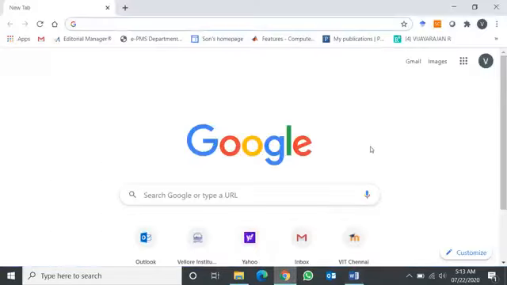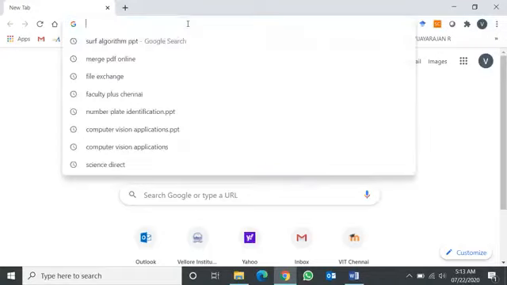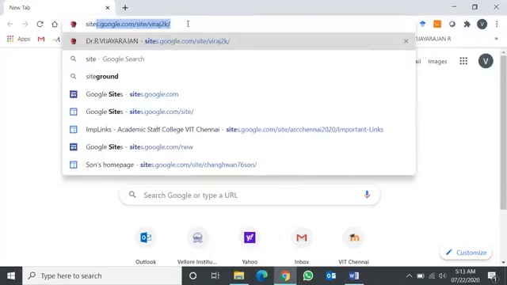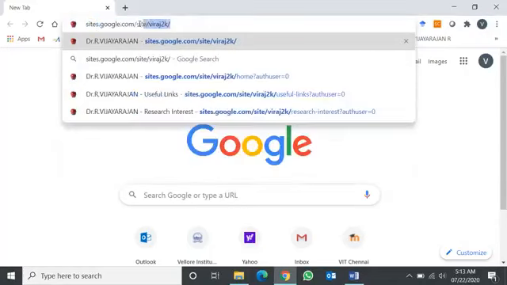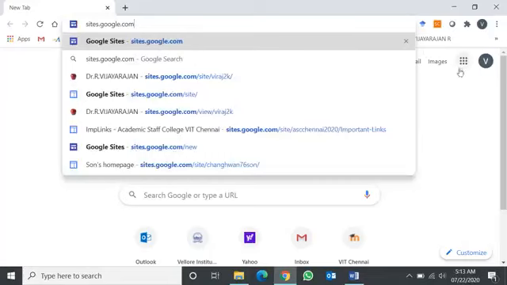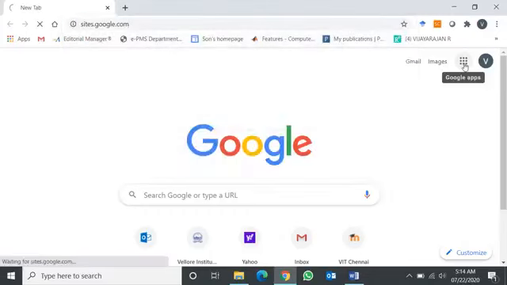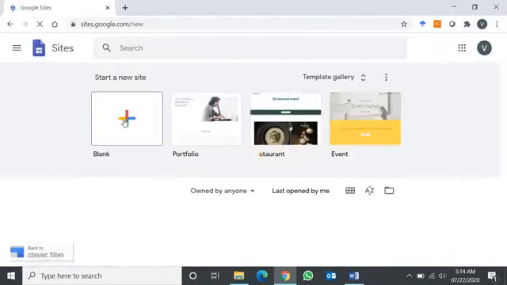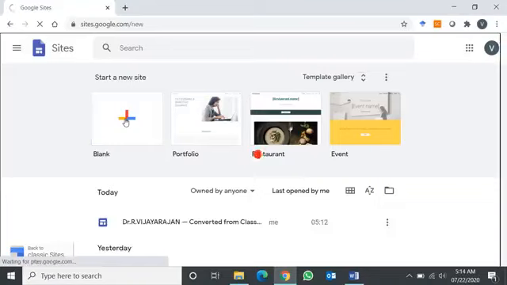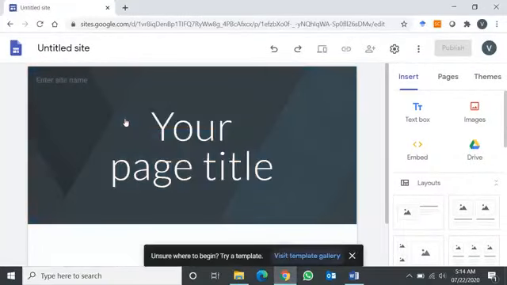So to create a website, first open your Gmail account. Once the Gmail account is open, you can go for Sites by typing sites.google.com, or it can be selected from this tab, Google Apps. You can select Sites. So here you go for a blank site. So this is the blank site in which we can incorporate